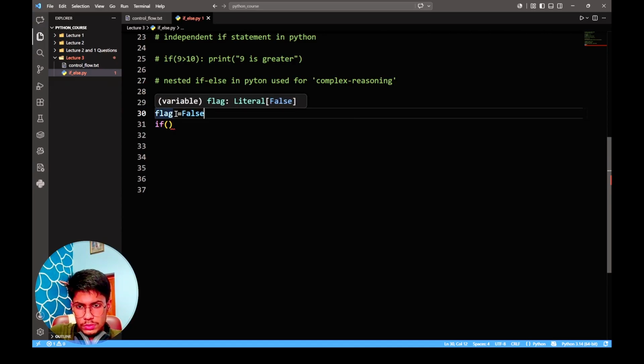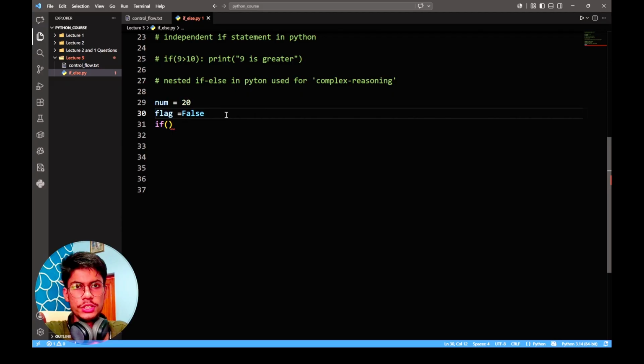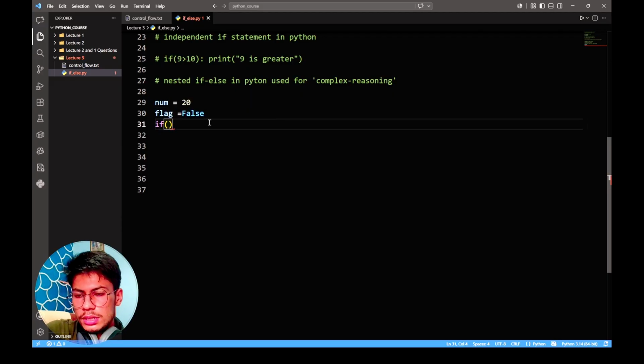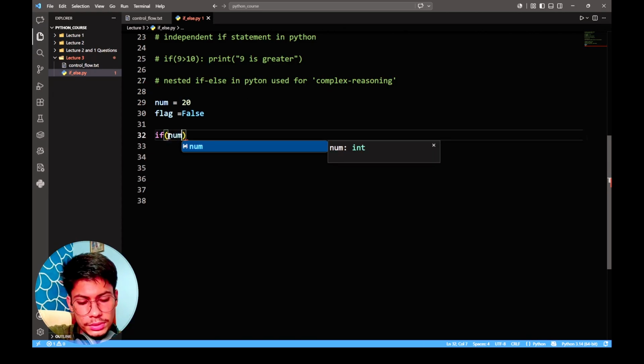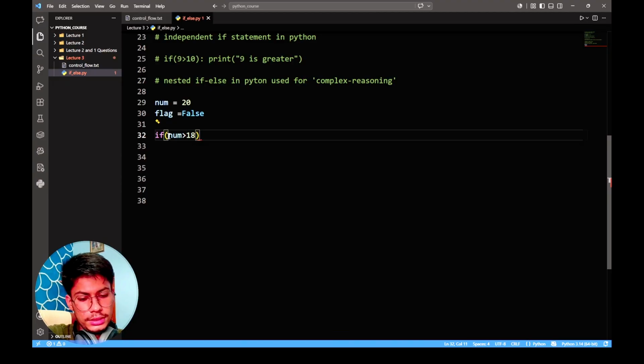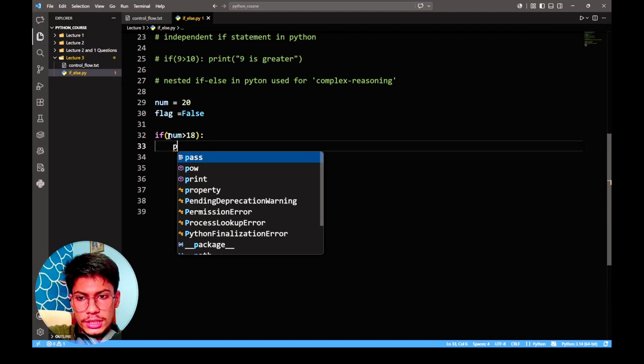So what I actually want to illustrate is nested if else statements and where we use them generally. So what I want is to check if this number is greater than 18. If this number is greater than 18, then you should actually print,